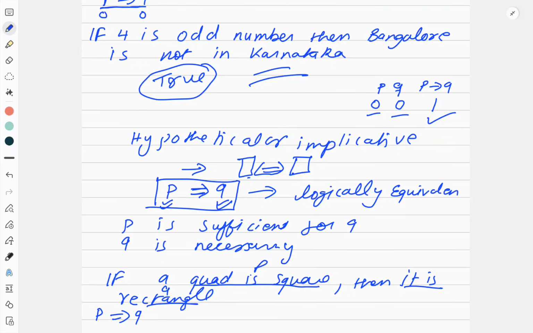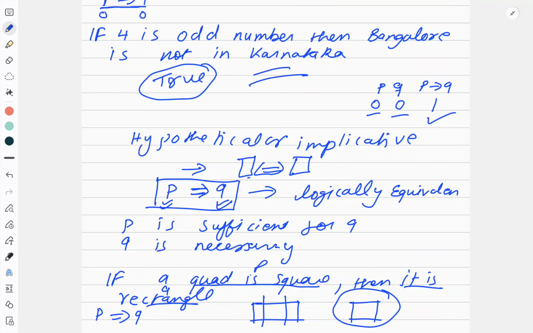Okay, so what is the difference between square and rectangle? In square all the sides are equal. So if I have a rectangle, it is required to be a square, but it is not sufficient because the sides should be equal. But when I say that it is a square, it is 100% sure a rectangle, nothing else is required. So this is sufficient. So for a quadrilateral to become a rectangle, being square is sufficient, but for a square, being a rectangle is necessary.